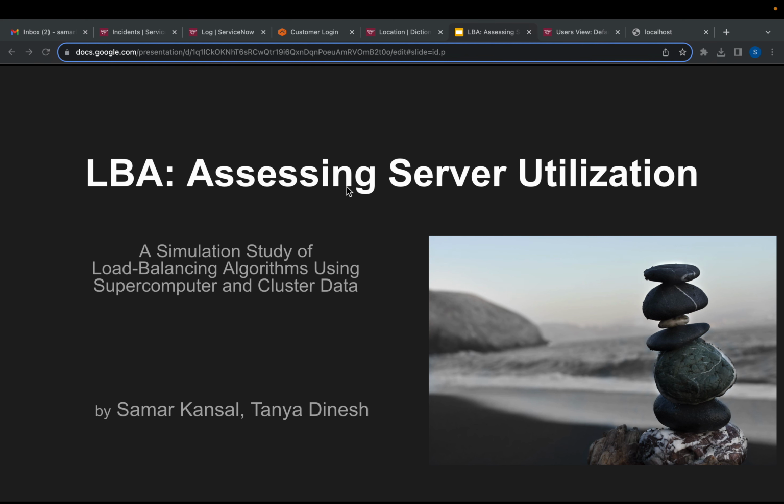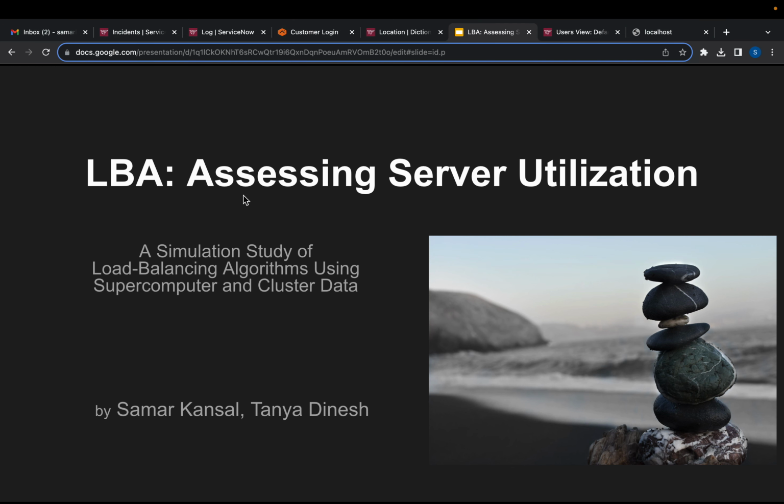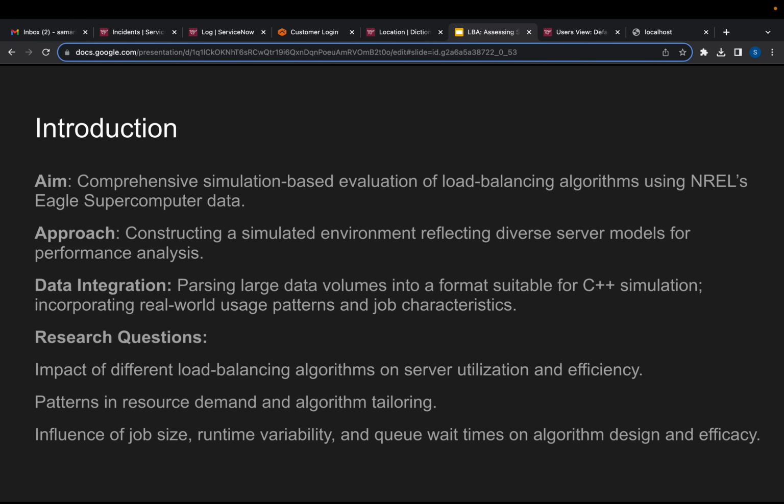I'm Samar Kansal, and alongside Tanya Dinesh, we are presenting our study on optimizing computational resources in large-scale systems through advanced load balancing algorithms. So, aim and approach. Our project uniquely employs a simulation-based approach, leveraging real-world data from the NREL Eagle supercomputer. We have constructed a simulated environment using diverse server models to accurately measure the performance of various